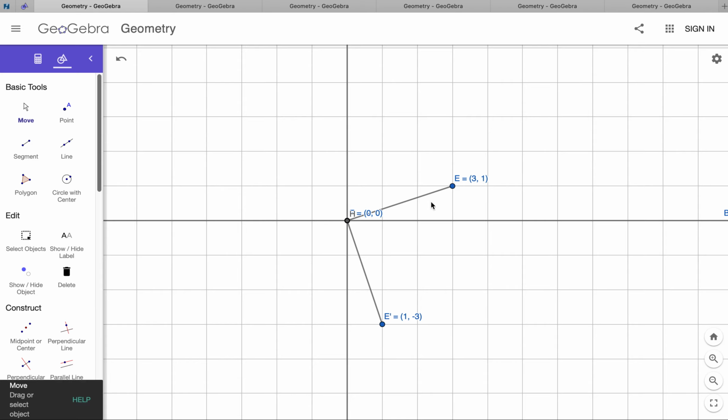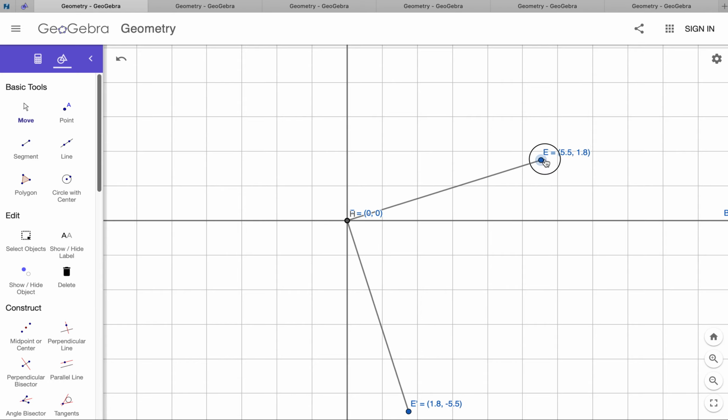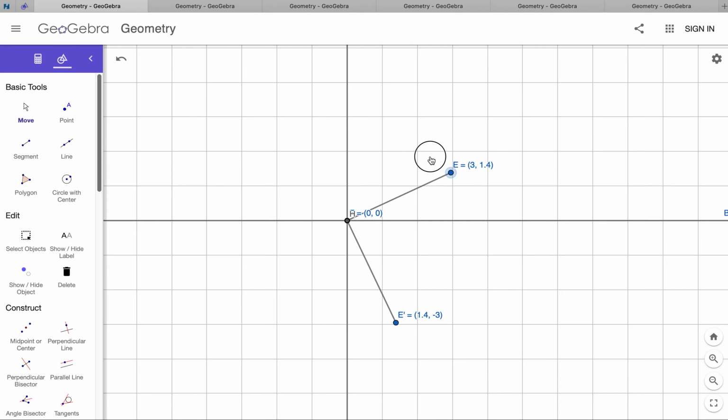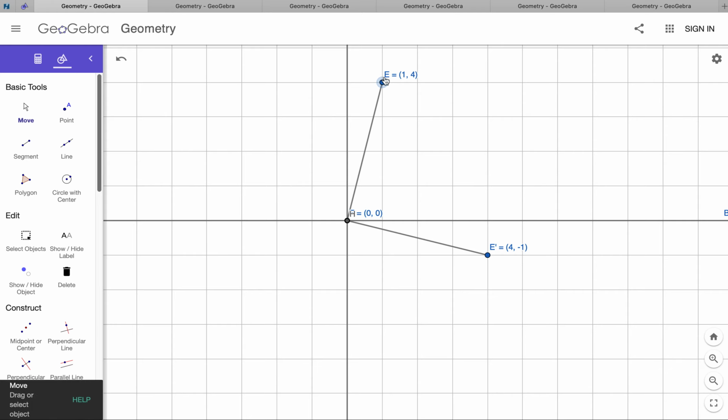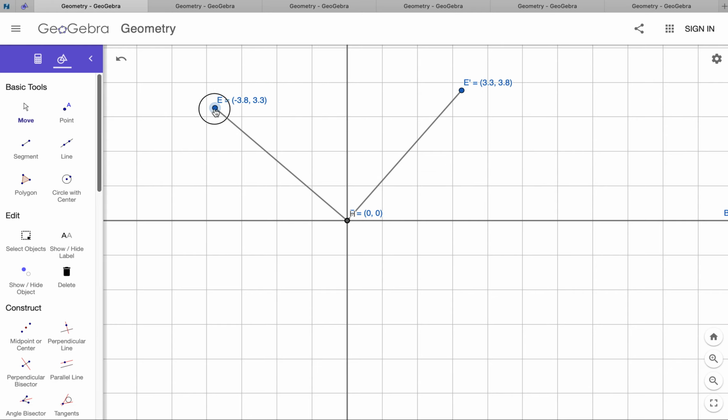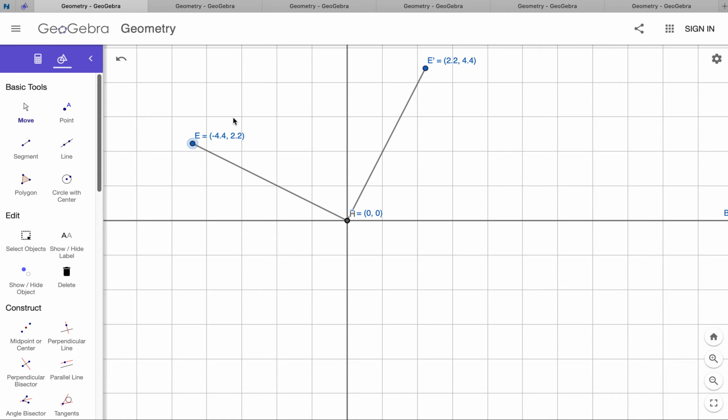Okay, I'm going to move this now. Watch. What if I take this point and make it here? This still needs to be 90 degrees. Let's make it up. This has a slope of 4, over 1, up 4. This has a slope of -1/4, over 4, down 1. Again, the coordinates switched, and we had a negative. I can move this wherever I want. If I'm going to rotate it 90 degrees, I'm always going this direction,